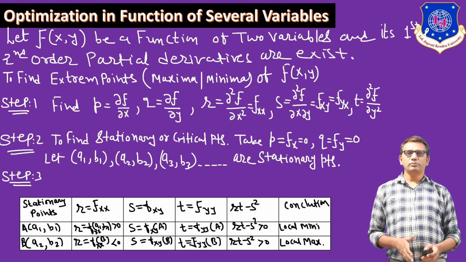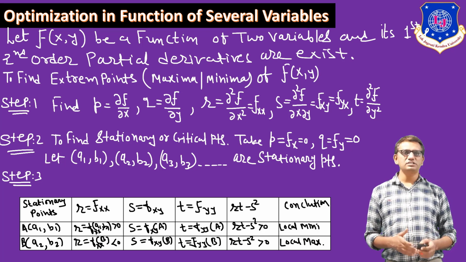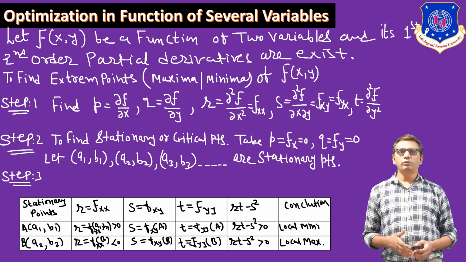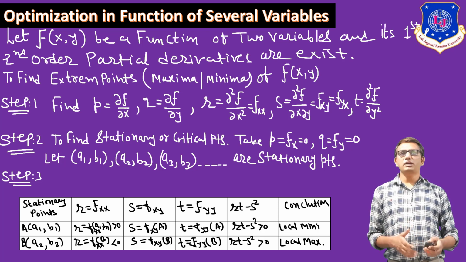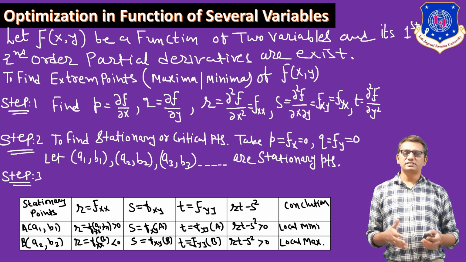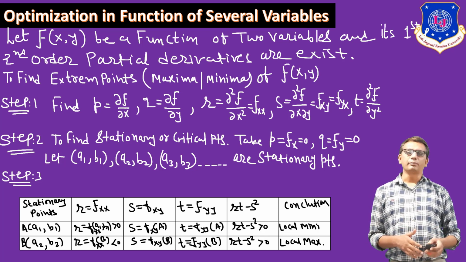So that is the concept to find the maximization and minimization of the given function at particular points, and these points are known as stationary points. There is another kind of point, also known as a critical or stationary point, at which the first order partial derivatives P and Q are 0 and RT minus S square is negative, which is known as the saddle point. At a saddle point we have neither maximum nor minimum value, so we just write down saddle point in the table if RT minus S square is negative.